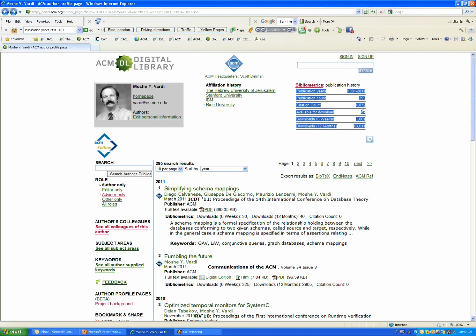In this case, publication years, which shows the total number of years that this author has been publishing in the field, the total number of publications that this author has published, and across those 295 publications, you can see 4,872 citations. Of course, out of the 295 articles published, we have the ability to expose the full text for 88 of those publications, because those 88 are published by the ACM and are available in full text in the